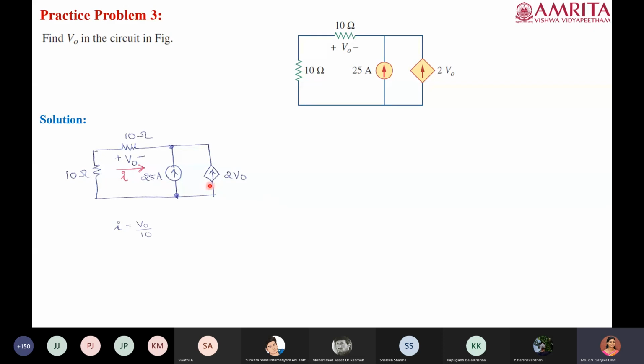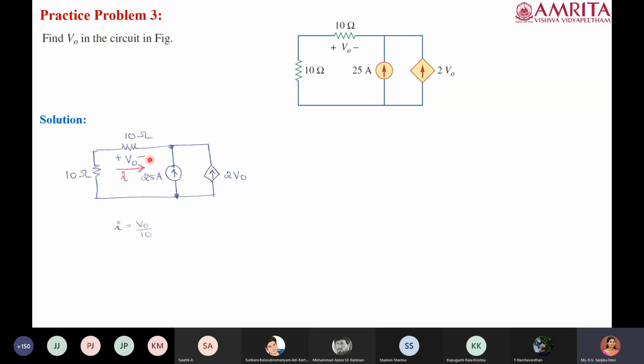See here, we do not actually know in which direction the current will flow, unless we finally analyze the circuit and get the solution. For that, we have a voltage drop across this 10 ohm resistor. The voltage drop tells that it is a passive element, so current has to flow in this direction as per the given reference convention. But after we find this I, if you get a negative value, it means the polarity they have given is the opposite of the actual one.